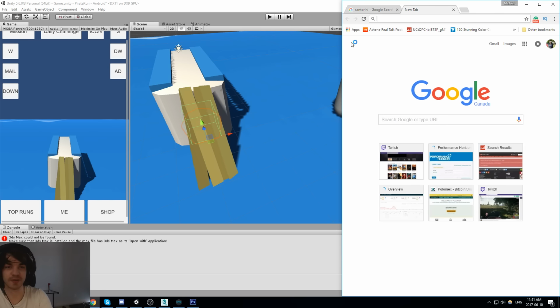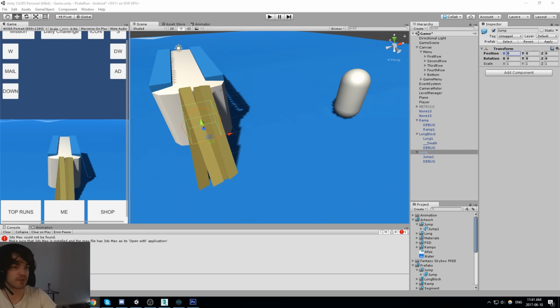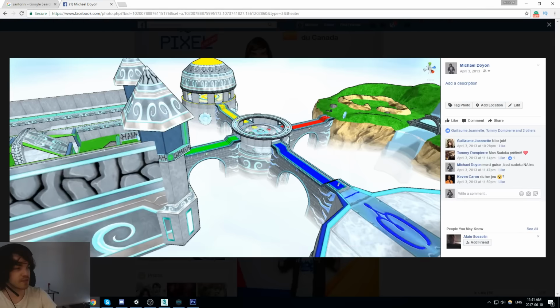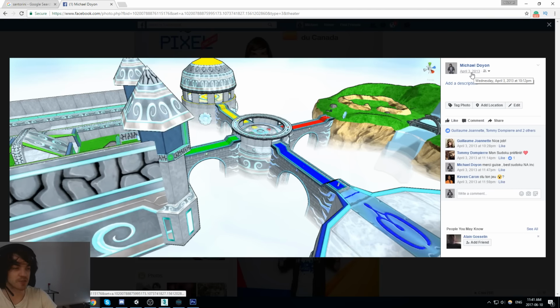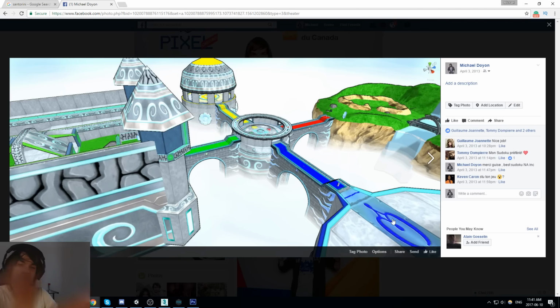And by cool stuff, let me just go on Facebook real quick. I have one image from a really long time ago that I did. Beep beep beep. This is something I modeled back in 2013, when I was at school. Still really awful on the left side, the right side is okay.